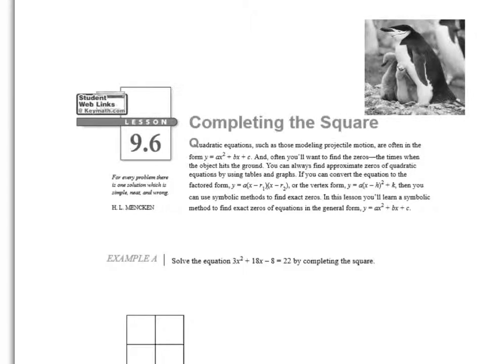Our first video in 9.6 is going to be solving by completing the square, and then the second video will deal with using completing the square to create vertex form. And I want to just put 4 words that you need to know: